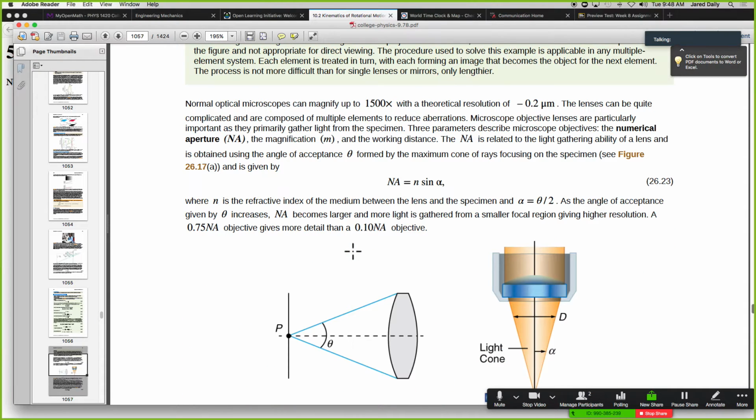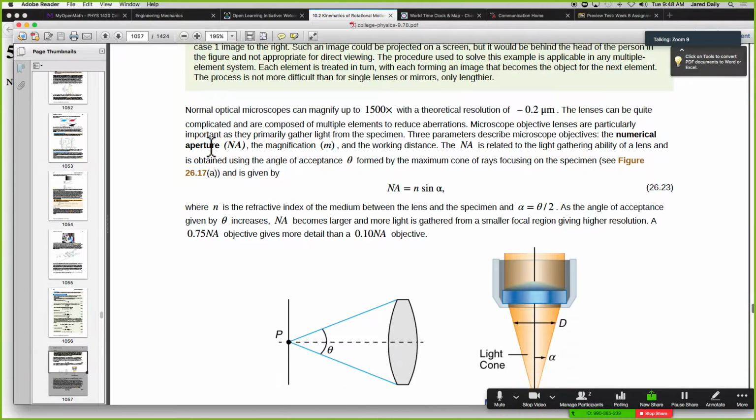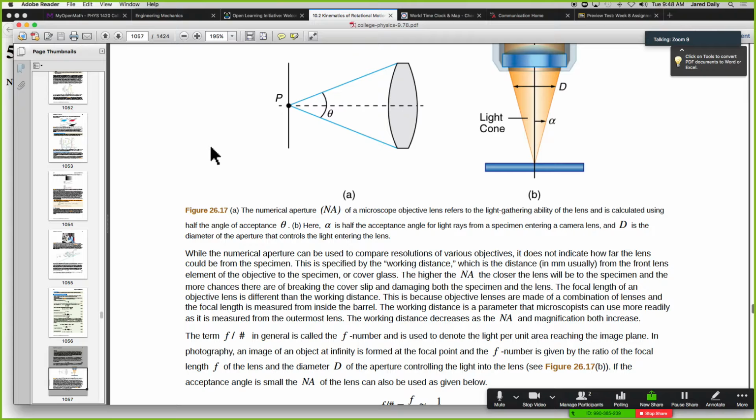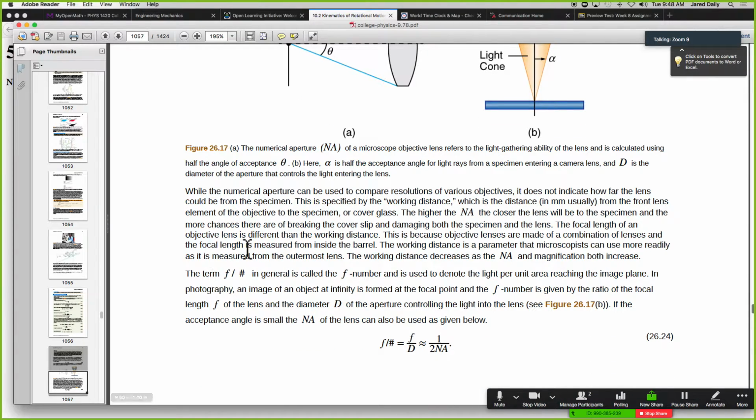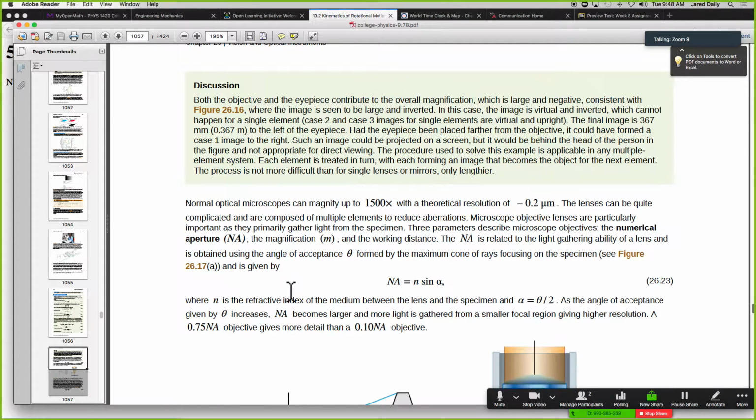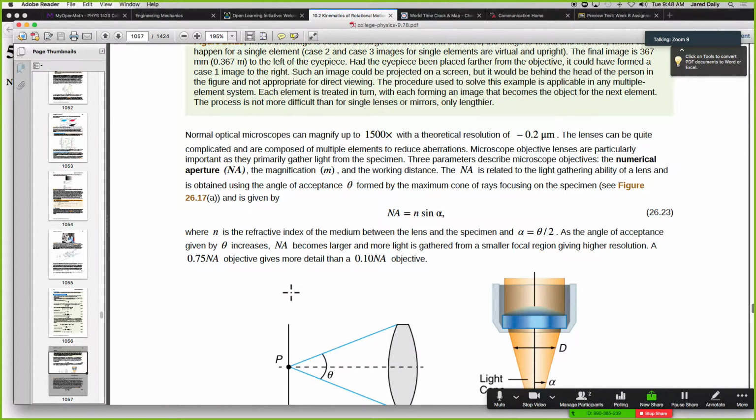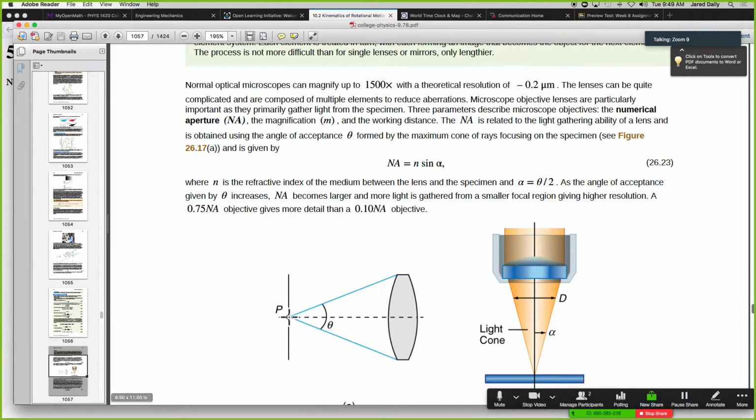Oh, here they also talk about the aperture, and so this is called the numerical aperture, right? Numerical aperture. And then they also talk about the F number right here, F stop or F number. And what these have to do with is how much light is being allowed in. So if you use the numerical aperture, which is, they use the hashtag sign for that. So if you calculate the numerical aperture, which is essentially the angle from the